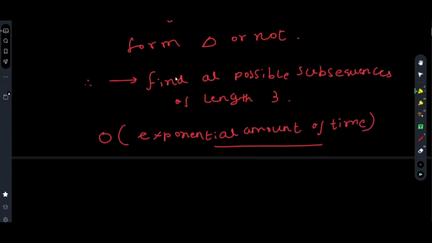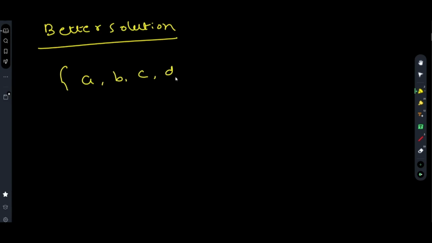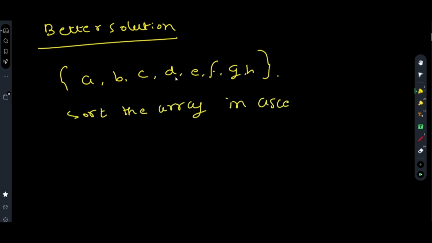Now the actual algorithm starts from the better solution. See, you have to take up 3 numbers. The first and foremost thing that you do in order to maintain consistency is to sort the array in increasing order, in an ascending order of elements,